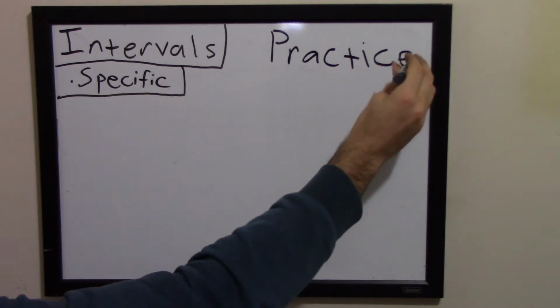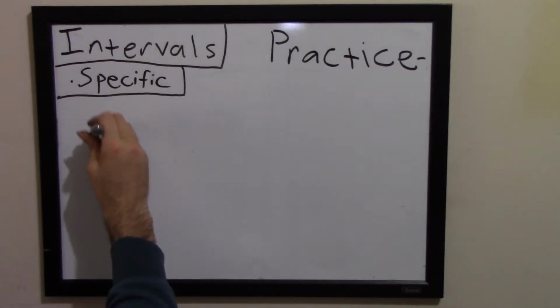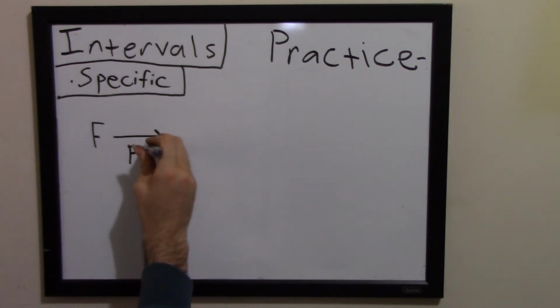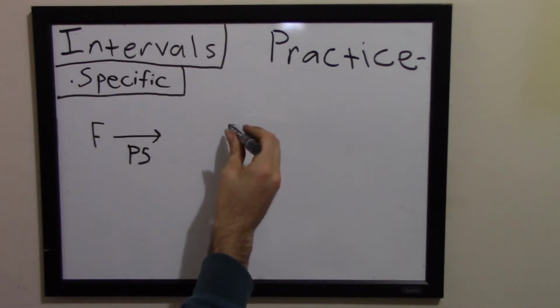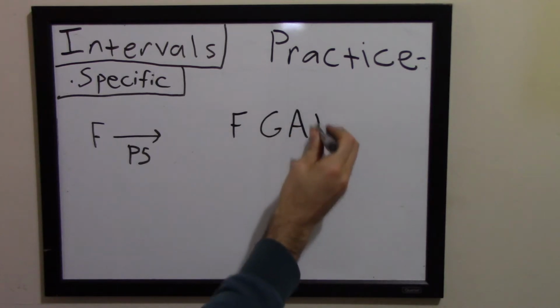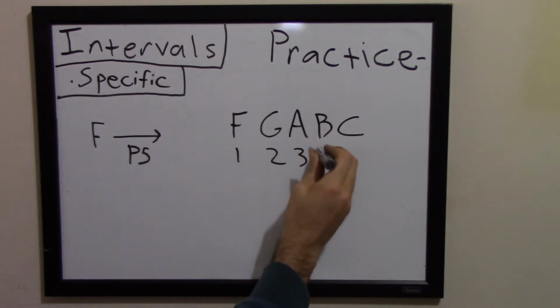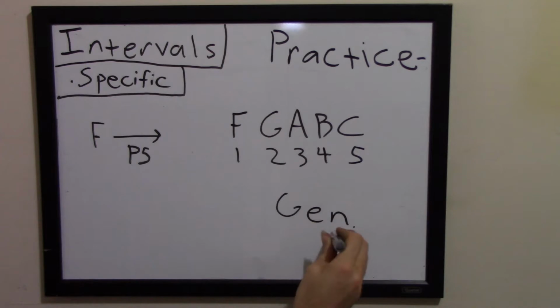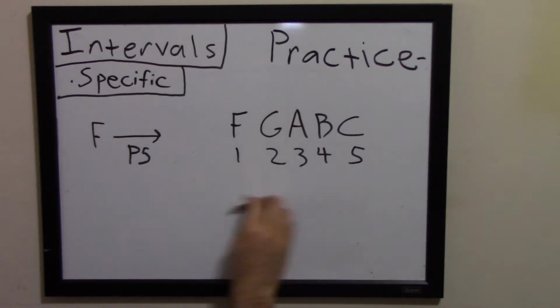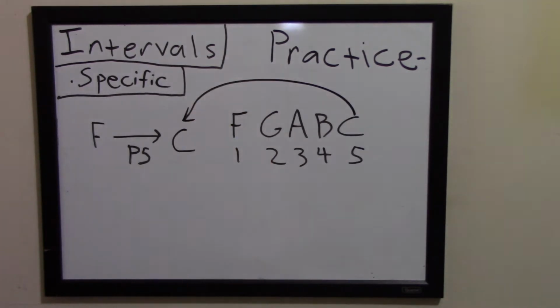So what if we wanted to get the note that is a perfect fifth above F? Well, you would need the note that is a generic fifth above F. So we're going to count up 5. F is 1, 2, 3, 4, 5. So that's C. So it's going to be some kind of C. Maybe it's a C sharp, maybe it's a normal C, a natural C. Maybe it is, for some god-awful reason, a C flat. So what we need to find is the C that is 7 half steps above